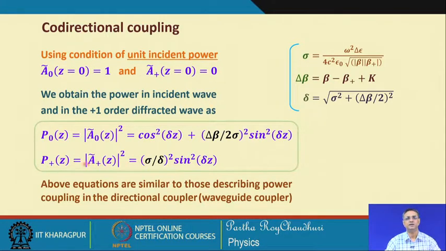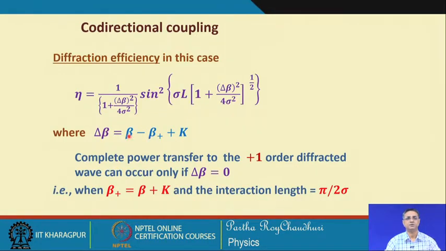So, basically the principle is the same in all these cases, the coupling principle, that is why the equations appear to be similar, only parameters are different because of the orientation and configuration. So, this is again a very useful equation. From here, if you put the condition delta beta equal to 0, then we will get the sinusoidal power transfer,